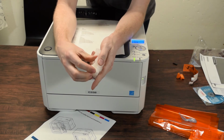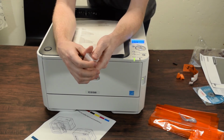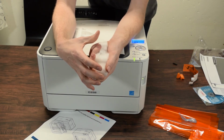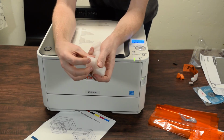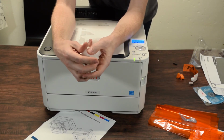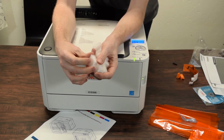C332DN laser printer. And if you have any questions or comments, leave them below. If you guys want a review of this, I'll try really hard to print a bunch of stuff, but let me know, comment section below, because I don't really know what the general gist of long-term review is for one